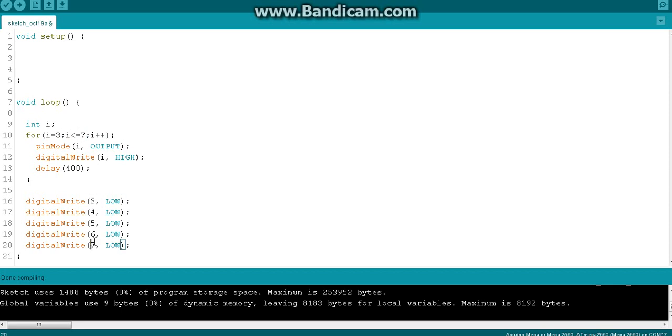See, 3 to 7, but you have to do it after the last LED is switched on. You have to switch off everything together. Why don't you write another for loop and switch off everything together with one line? Why are you writing it repetitively? That's very correct, right? So what I will do is